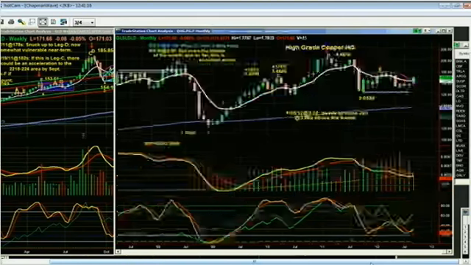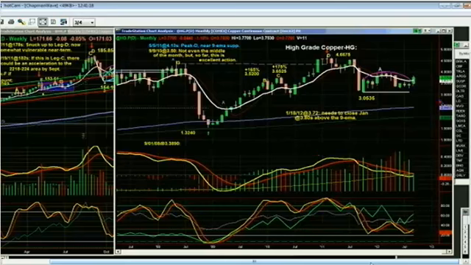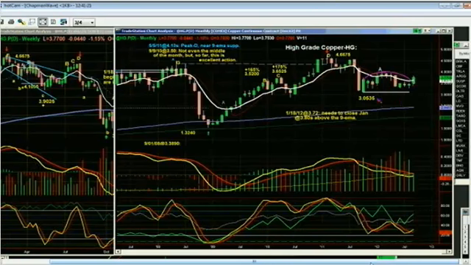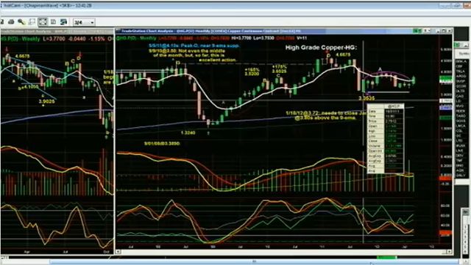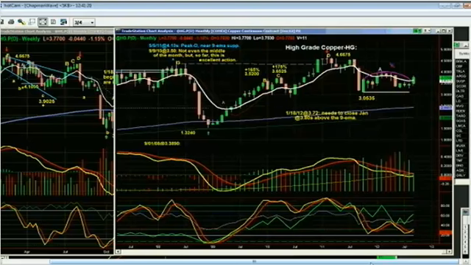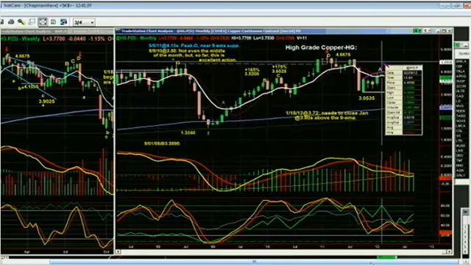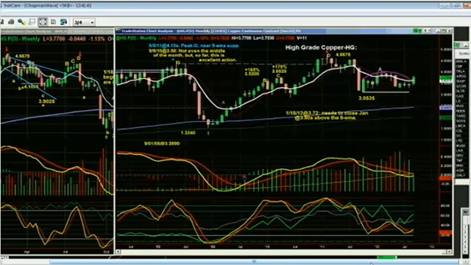And then the HG contract says, having successfully tested without breaking the 3.0535 on a retracement level, that was the low of last year in October, there's a good chance that high-grade copper could in fact retest the arch formation high, which is $4.008, made in February of this year. That's very important. So high-grade copper is acting well, not great, but it's acting well.